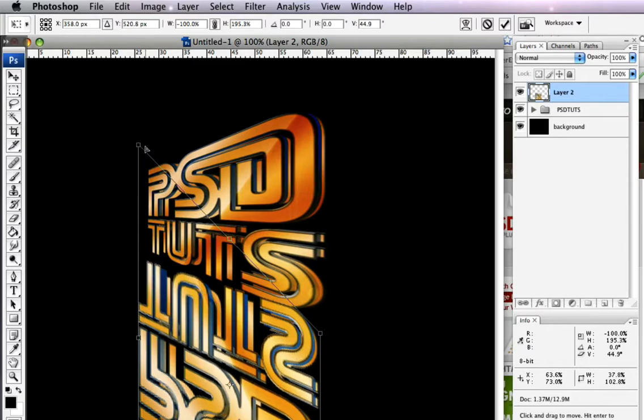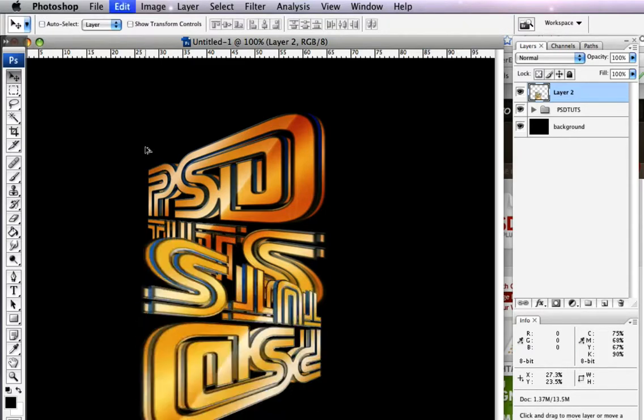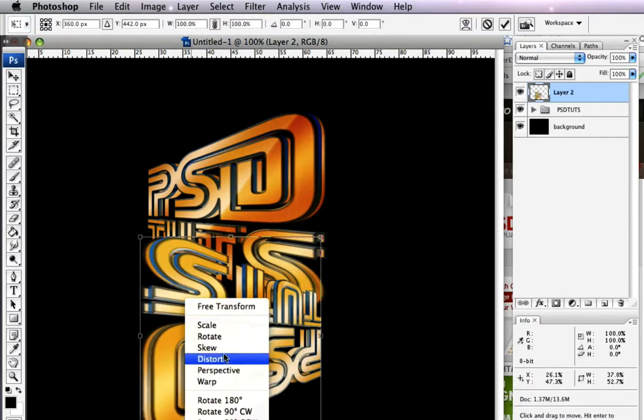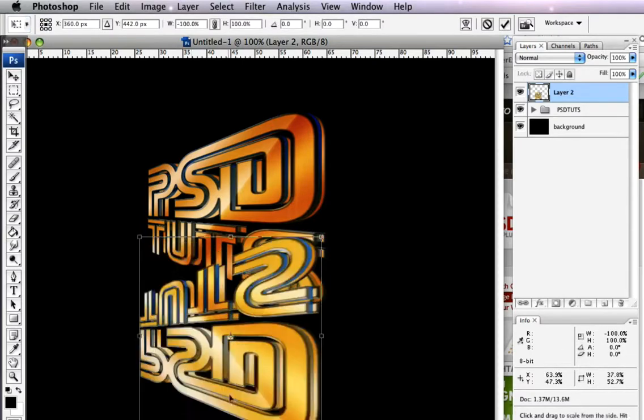Okay, going to hit enter and then undo. I've just gone a little bit too far there, so Command T, and let's not forget to flip that. Okay, and then go to Skew,